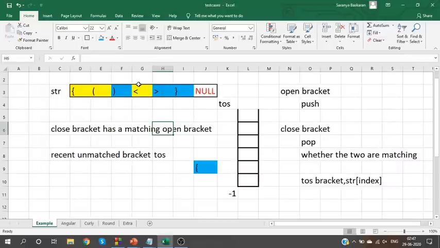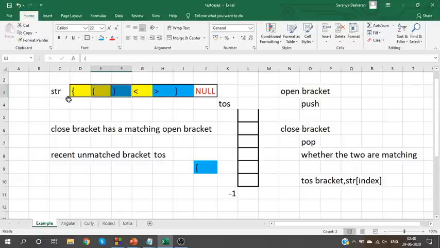When a pair is obtained for this open bracket, when you see a closed bracket, I found a pair. When I find a pair, that will no longer exist in the stack, right? So when I find this pair, open bracket with a close bracket, it will not exist in the stack, right? So after the first pair is completed, you will again empty the stack.